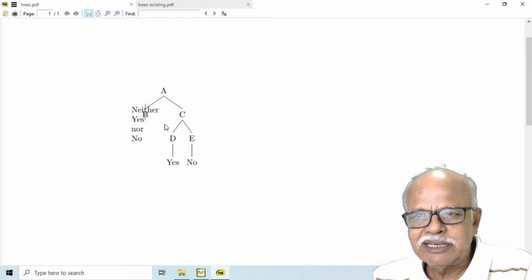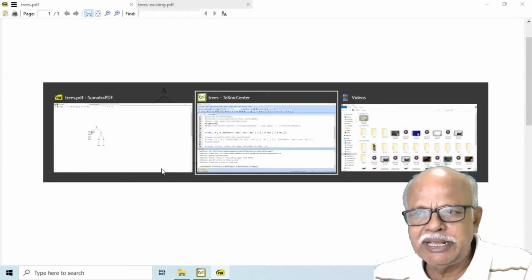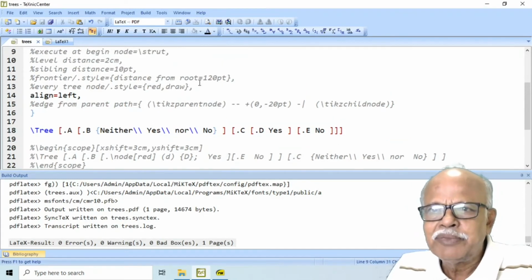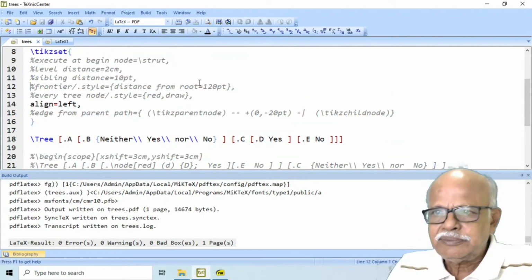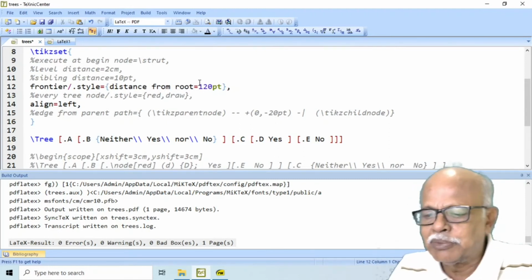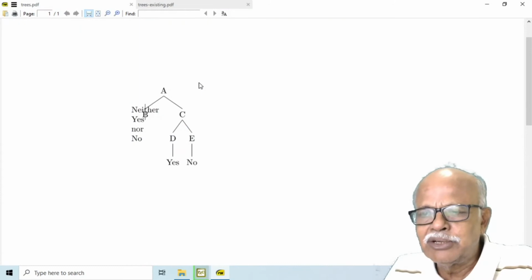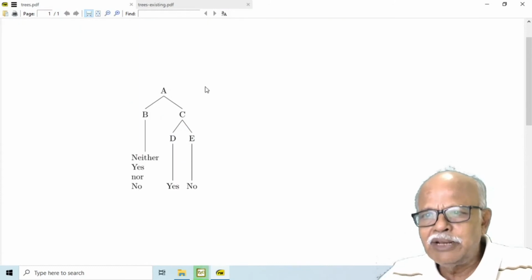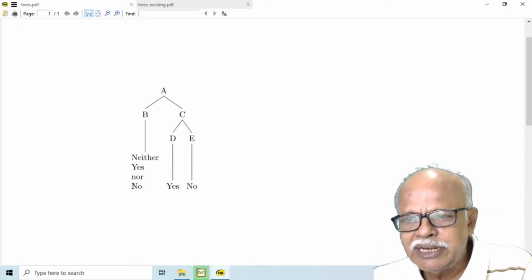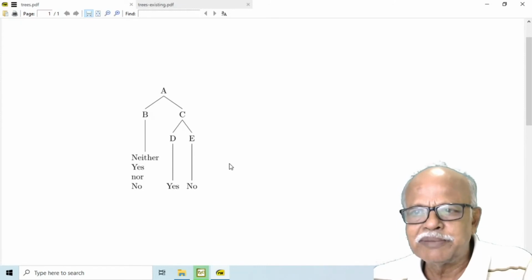Now the output is not appealing. What you can do is say frontier style distance from the root, you increase it to 120 point. Then you will find from this to this that the distance is 120 point and it is aligned beautifully.